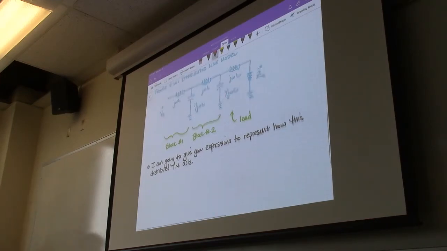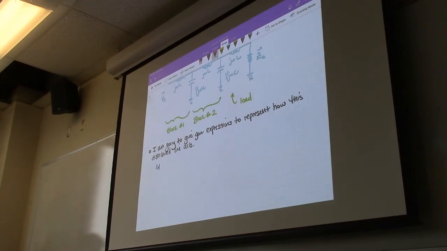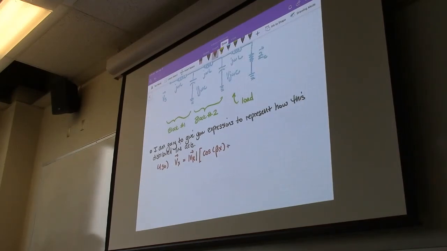So 4.36, we're simply going to apply it. 4.36 tells us that Vx, where x is just a certain point along the line, so Vx could be 1, 2, 3, etc., will be equal to the receiving end voltage magnitude times cosine of beta x, we'll explain what beta is in a second, plus j sine of beta x, which is equal to